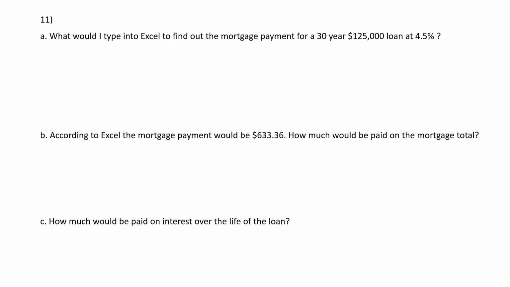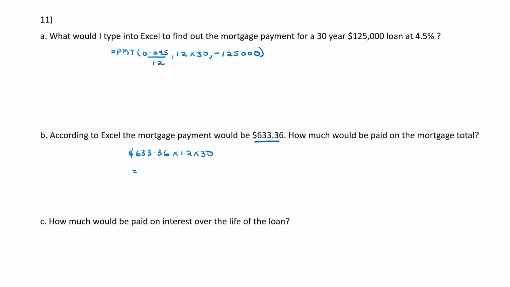To find out the mortgage payment, we use the PMT function. And so we have our monthly interest rate, 12 times 30 to represent the number of payments, and then minus 125,000, which is the loan amount borrowed. In this case, we're assuming that you borrowed the full amount from the bank without any down payment. So if Excel returns this value, then how much would be paid on the mortgage in total? So if you end up paying this amount every month for 30 years,